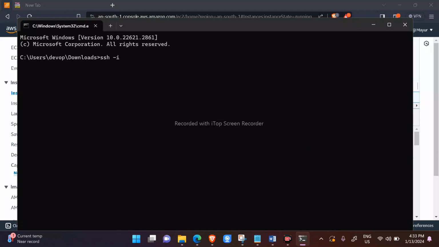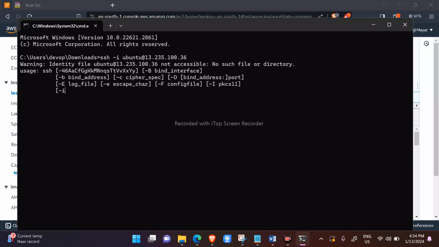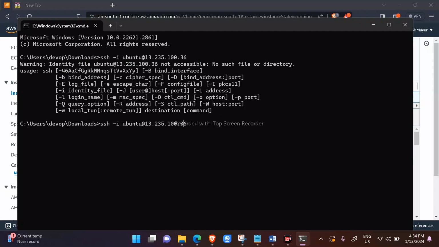ssh -i. For an Ubuntu EC2 instance the username will always be ubuntu, not ec2. That is the default one. ubuntu at the rate and the IP address. And I have missed the private key here. What is the private key I have to mention? My private key name will come automatically. ubuntu@